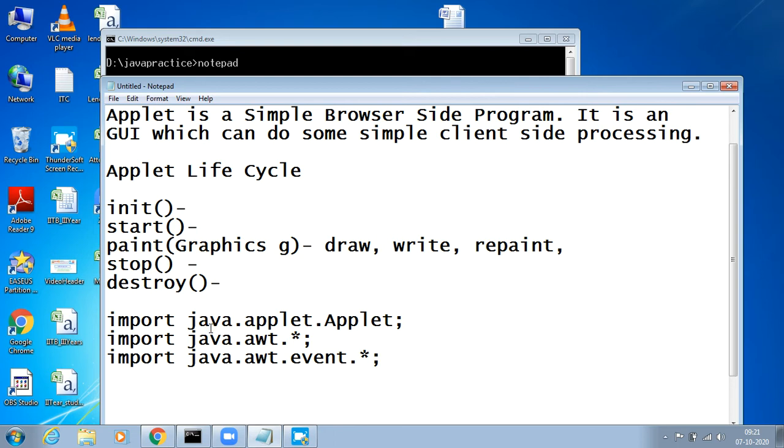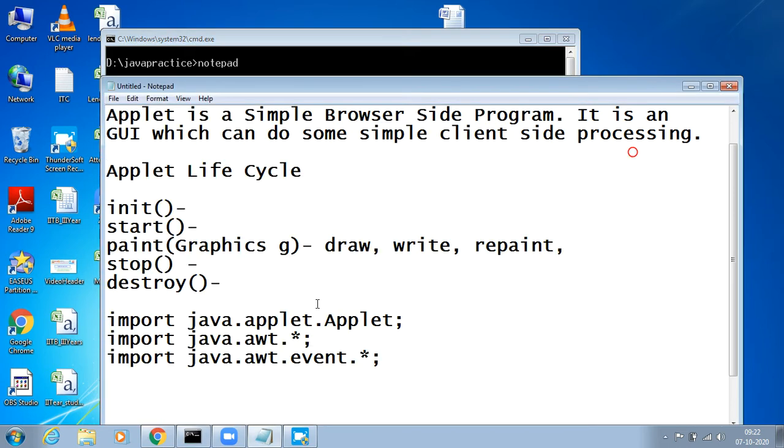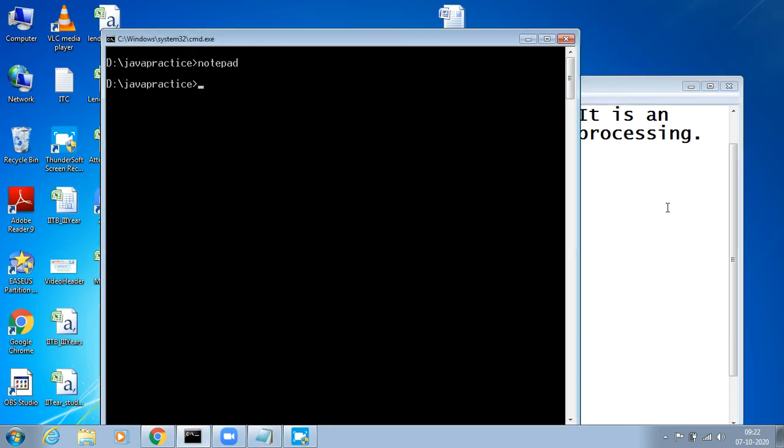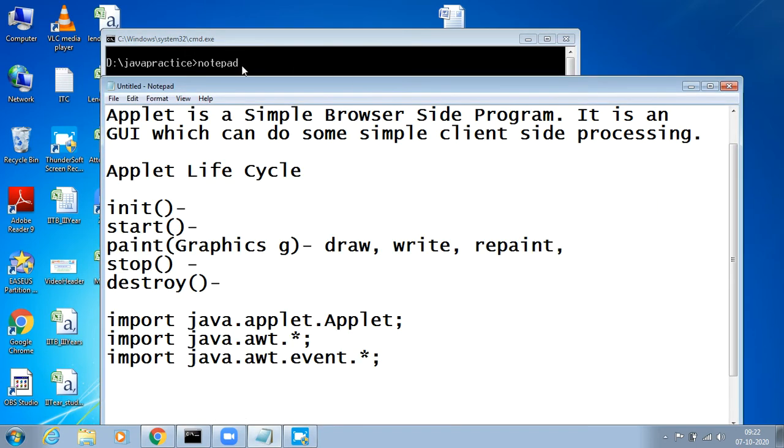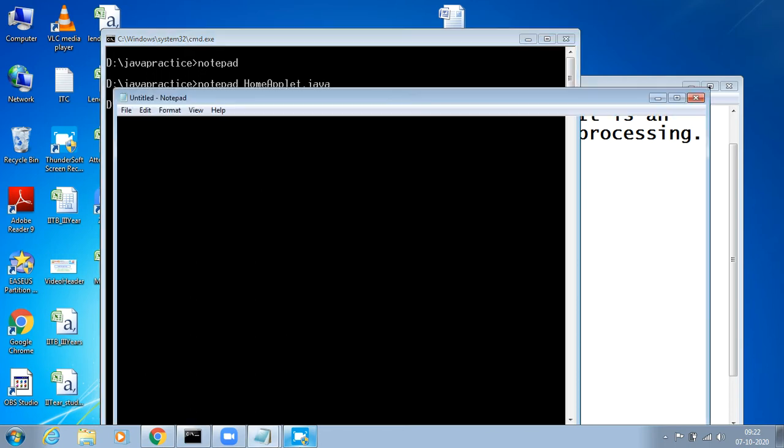Okay, so we just create a simple program now with the help of the applet concept. How to create a simple applet first, then we go for different examples of applet which examinations are mostly focusing on. Okay, so I open notepad, and save it as home applet .java.